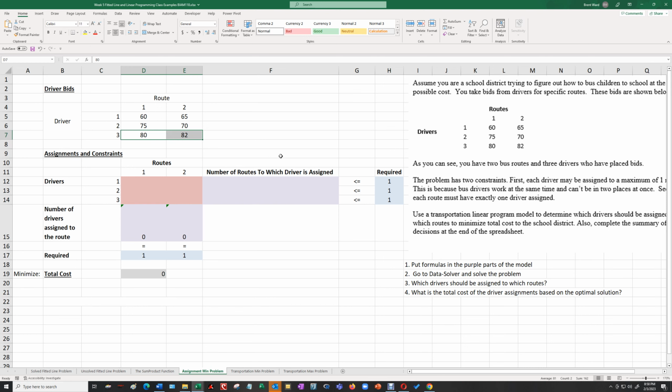So how do we set up this problem now? Well, the first thing we have to do is understand what the decision variables are, and that is if there's a 1 in this cell, it means we assign driver 1 to route 1. If there's a 0, it means driver 1 is not assigned to route 2. Okay, so when we're done, we'll have 0s and 1s in here representing the number of routes to which each one of these drivers are assigned, and